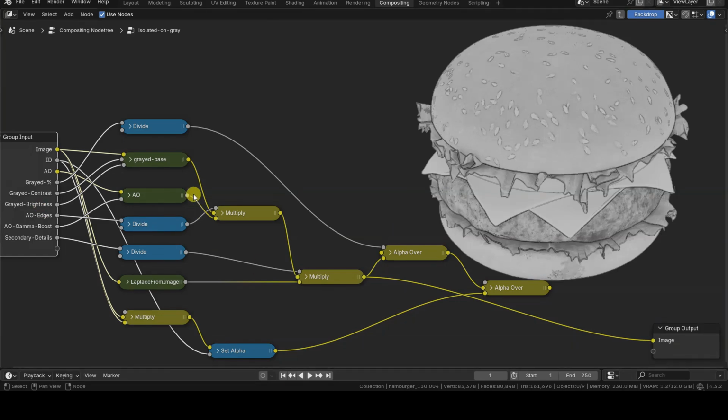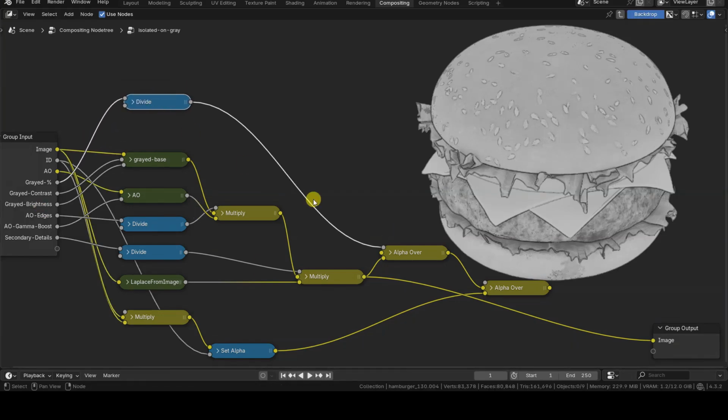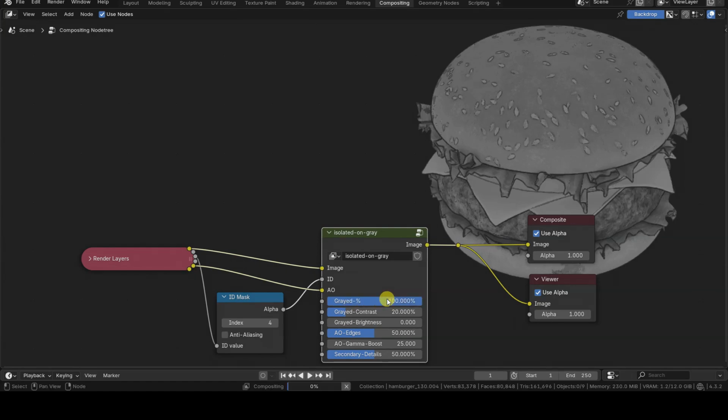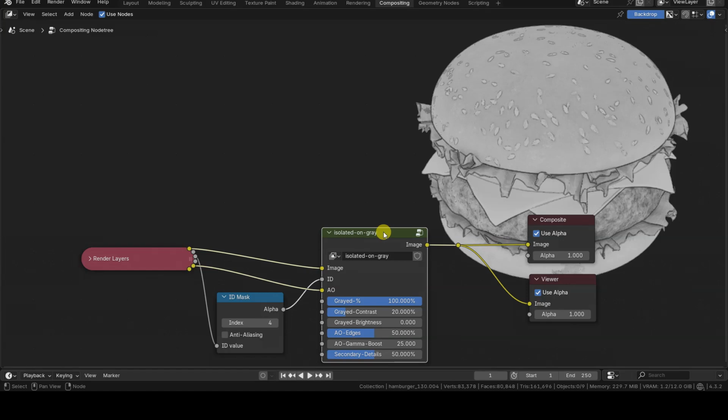The final grayscale image, obtained after applying those additional effects, has a variable intensity controlled by the grade input as a percentage. This input is a numerical value ranging from 0 to 100, which is divided by 100, so it can be used as the factor in an alpha over node.